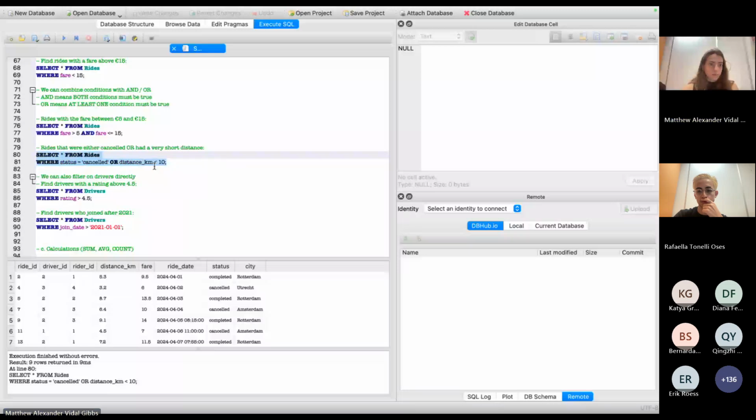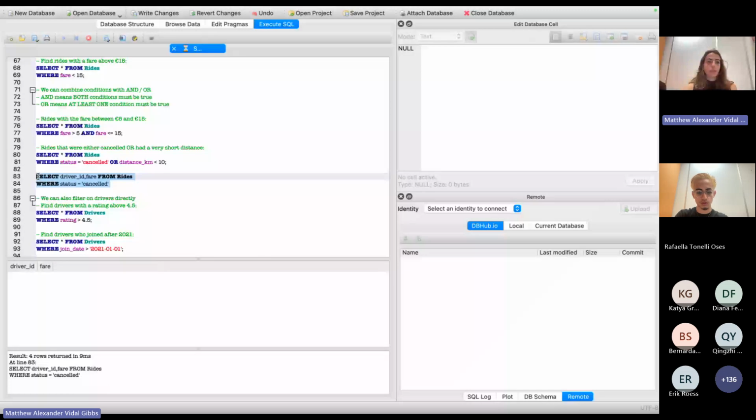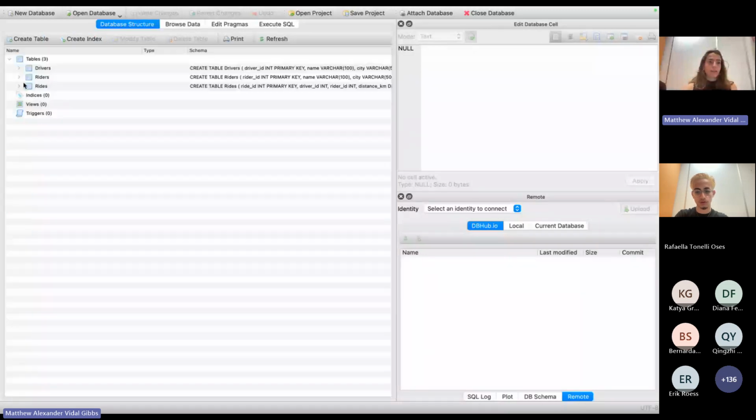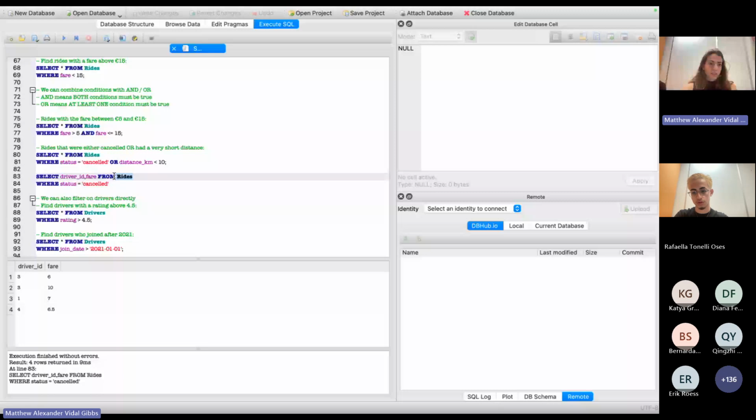Select driver ID from rides where status is canceled, and I run this, I only get the results from the rides table. So if we go back to our database structure, here it's my rides table, and as it is explicit after the from, I'm only getting results and filtering results